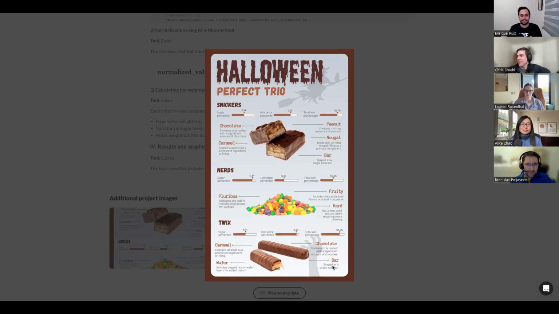And then for each of these, she also includes the metrics associated with her weighting. But I think this is a really smart and succinct presentation. And it's not as interactive as some of the other ones that we saw,